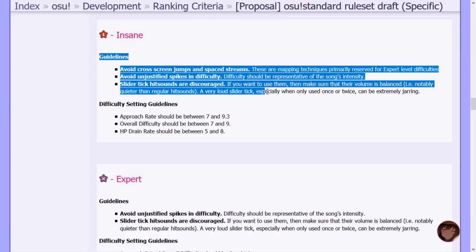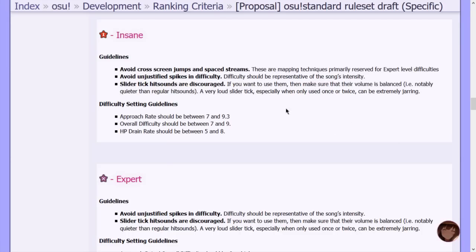Insane. We're almost done. For sure, almost done here. How much time is this going to be? Less than an hour? Hopefully. Insane guidelines. Avoid cross-screen jumps and spaced streams. These are mapping techniques primarily reserved for expert level difficulties. Great reasoning there. I didn't write that, but